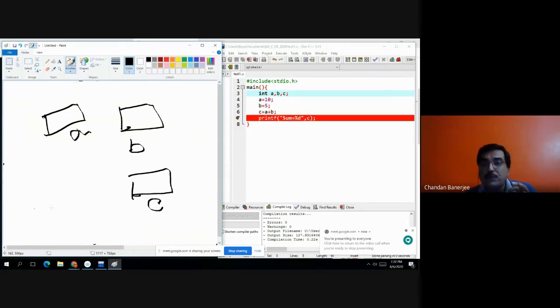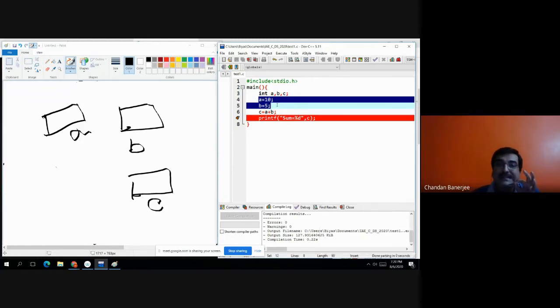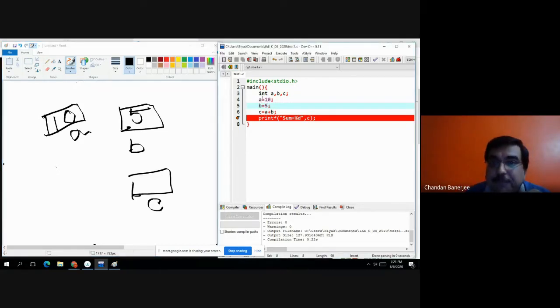So input, the raw materials. Look, A equals 10. So we are assigning 10 within A. B equals 5. These two lines are basically input. We are taking input. On the left hand side screen, A equals 10, B equals 5. The raw material inputs are there. So first statement, variable declaration, then input. Next,